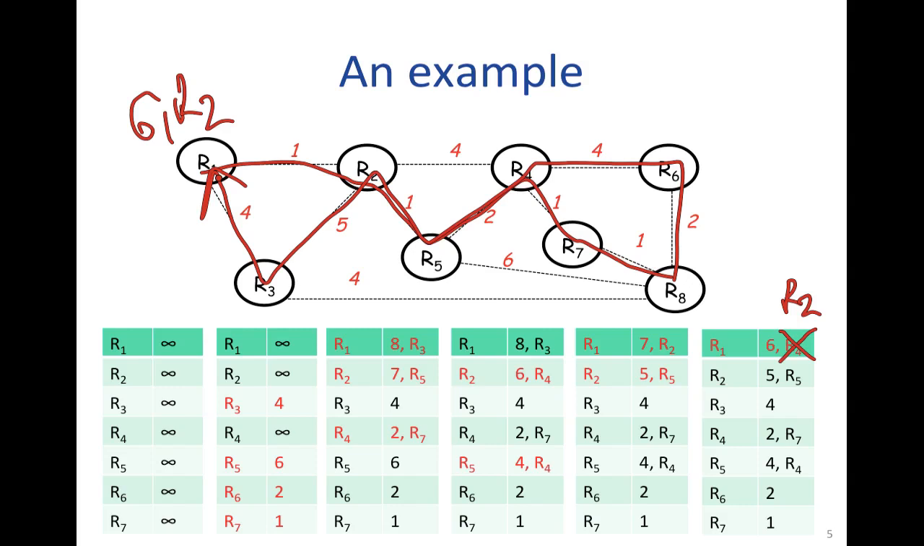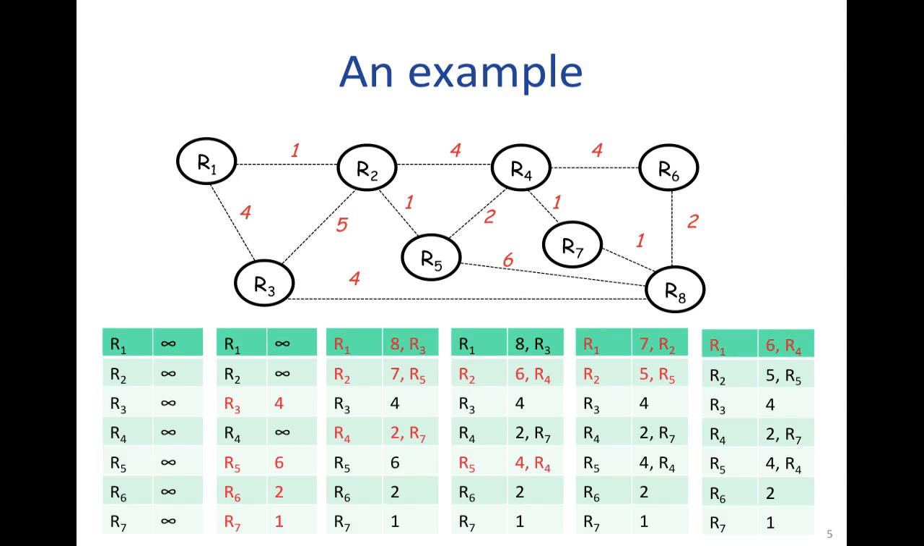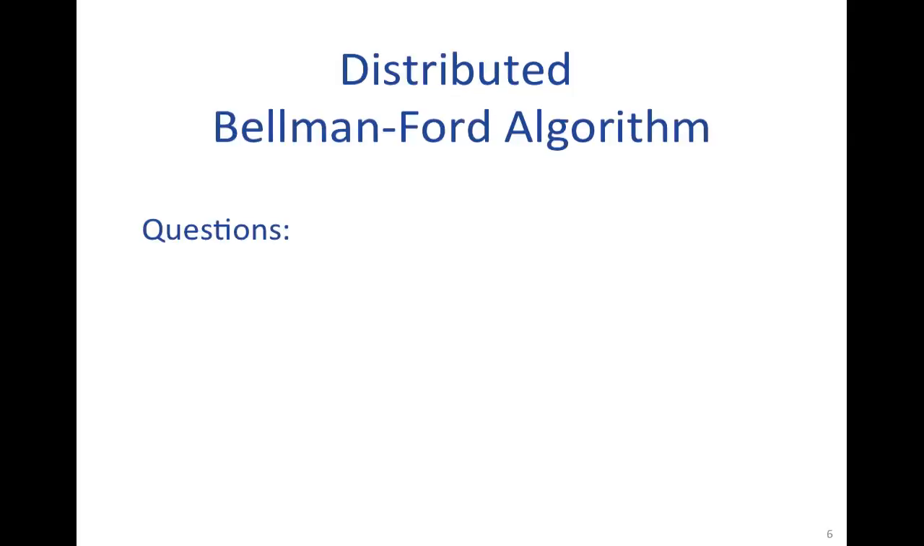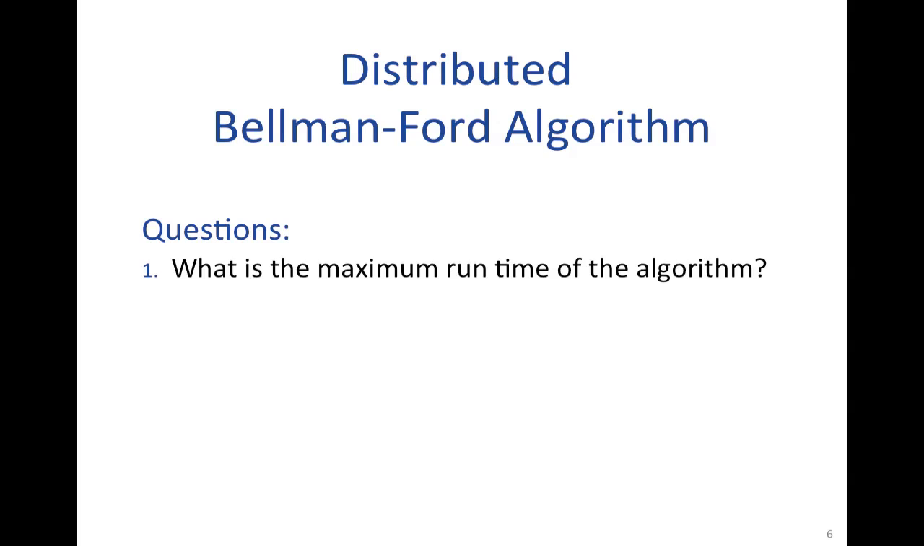The question is, how do we know that we'll end up with the right answer? In fact, there's a couple of questions that are worth asking here. The first one is, what is the maximum runtime of the algorithm? I've just told you that. It's going to be the longest loop-free path. It's going to be the hop count of the longest loop-free path. Will the algorithm always